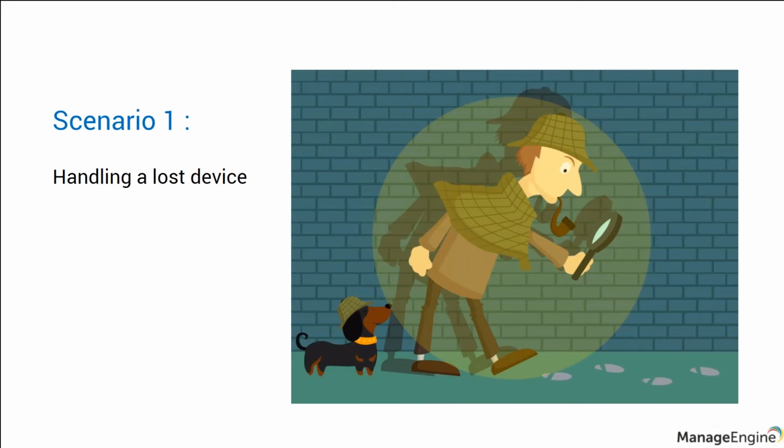So I'm sure this is a very common scenario everywhere. It can so happen that your employees lose a device that contains company-sensitive files or attachments which are in their mailbox. Many enterprises look for a fail-safe option in such scenarios. Mobile Device Manager Plus can provide that fail-safe. Let me show you how.